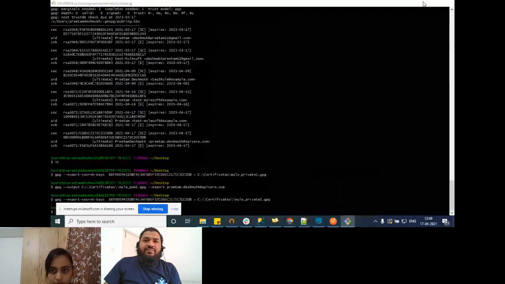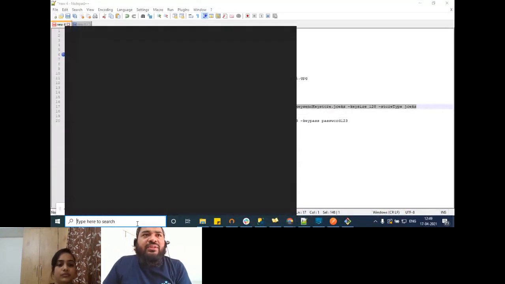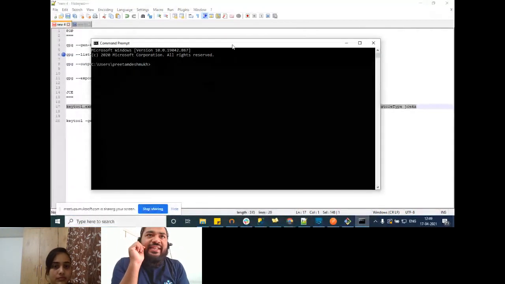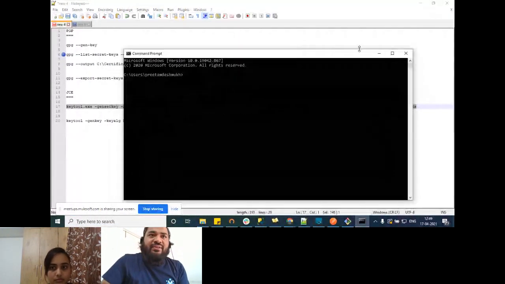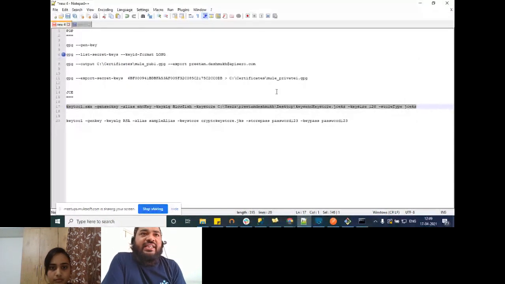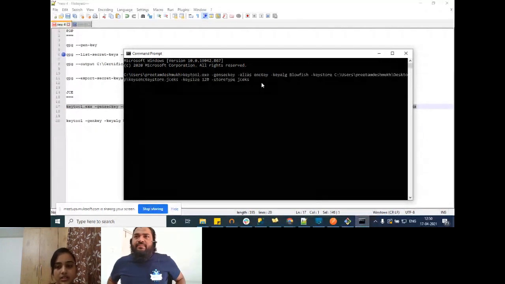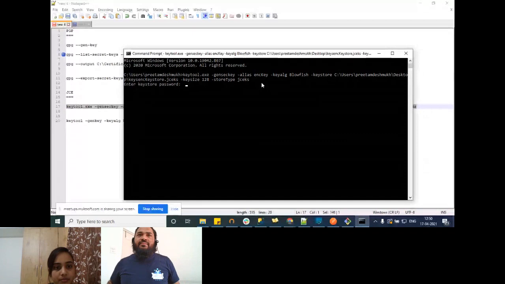We generate it using keytool, and in the keytool command we're using generate secret key. So you're generating a symmetric key, only one key which is used for encryption and decryption. I will walk you through how we can create a symmetric as well as an asymmetric key. Currently we'll see how we can generate a symmetric key. The steps will be more or less the same; it's just that the algorithm will change for creating the symmetric and asymmetric key.